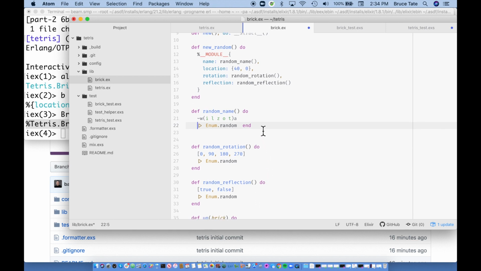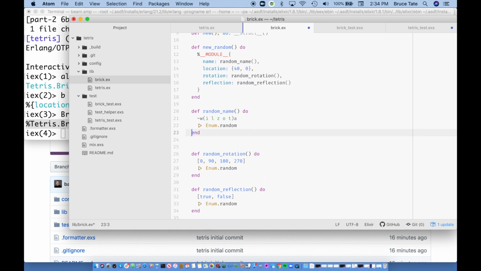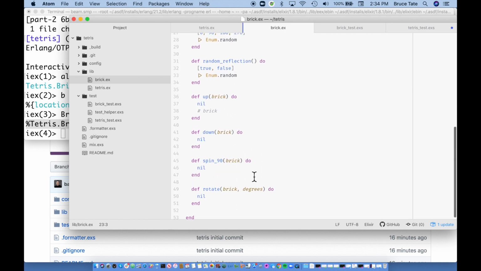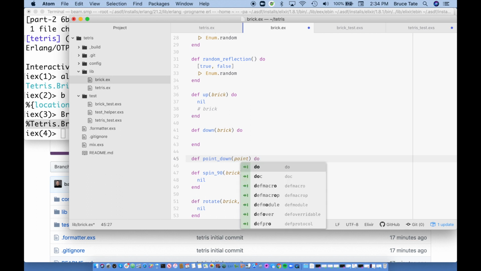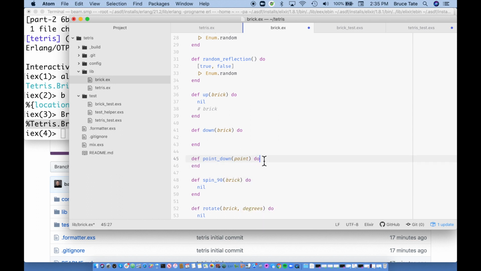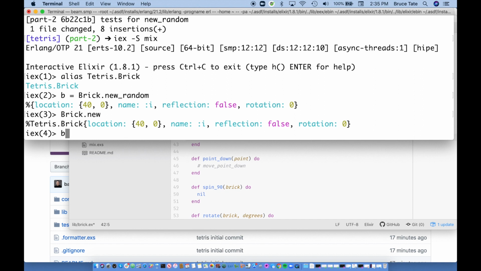So let's go ahead and implement one of these. So for example, maybe what I'd like to do is, and this is going to take some type of point and it's going to move it down. So this will move point down somehow. And so for the brick, what I'd like to be able to do is take the